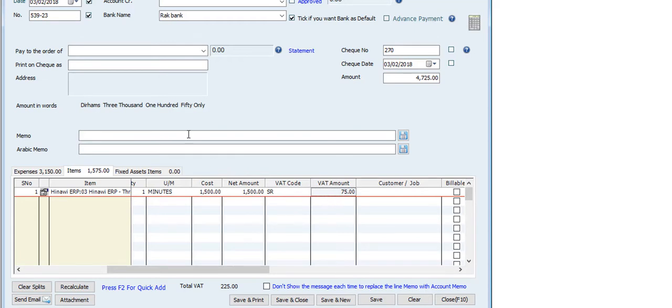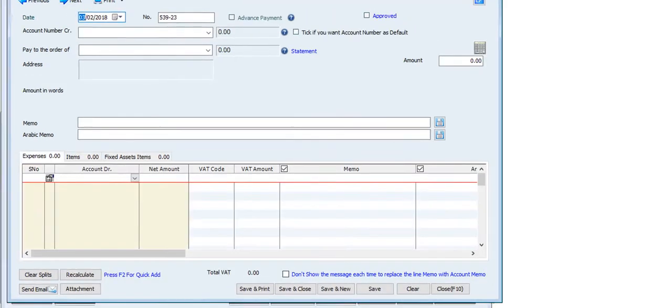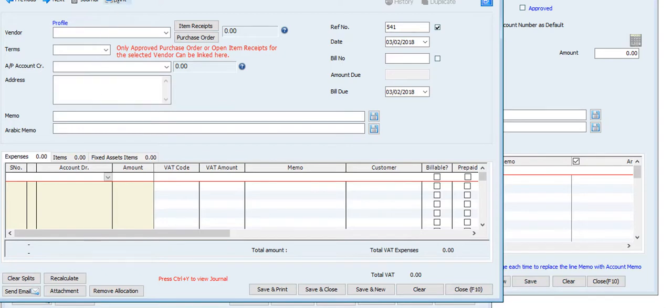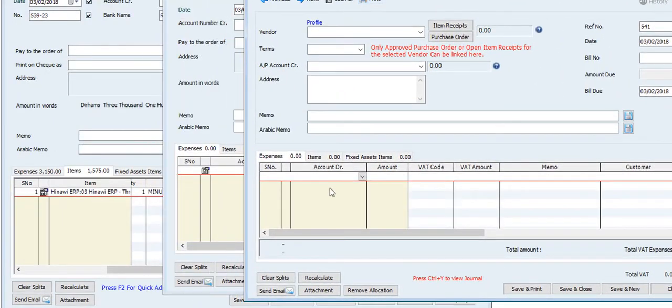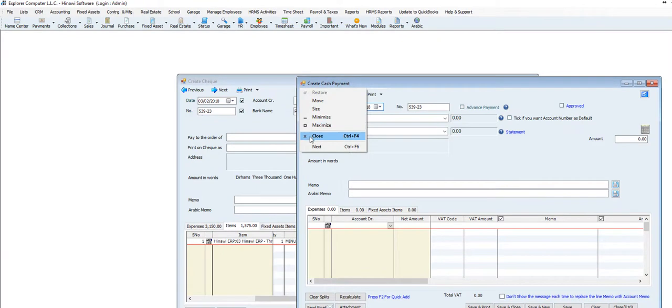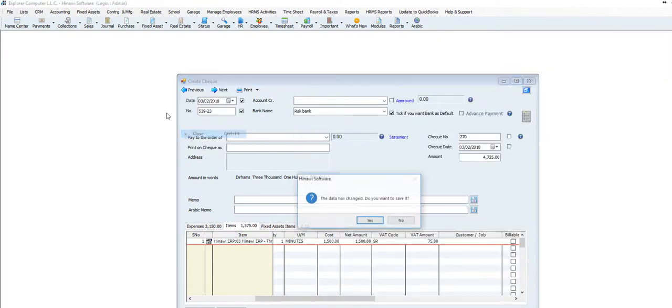Now this one, create check payment. Cash payment is the same way because both are similar on the debit side. This is the cash payment. Same way, you can find it in the two places. The debit side is the same, and also the debit side is the same for credit bill. Credit bill is the same, this area, expenses and item and so on, you can find it in the same way. So these are the forms where you will find the tax, and also you will find the tax